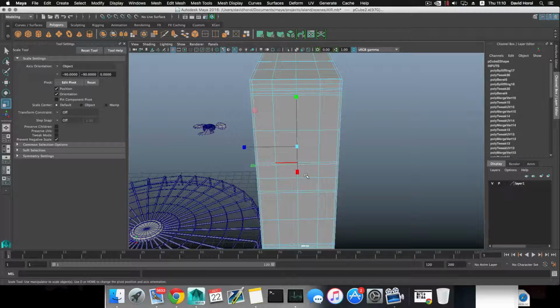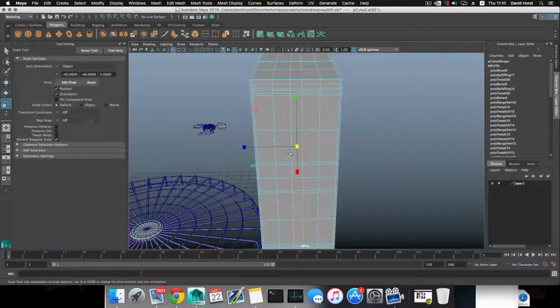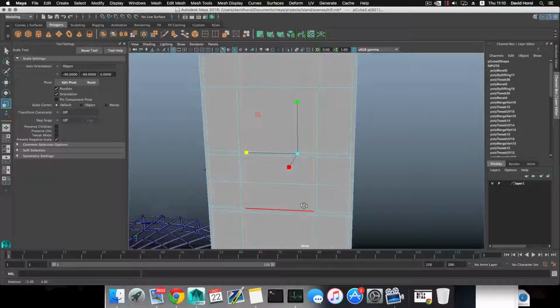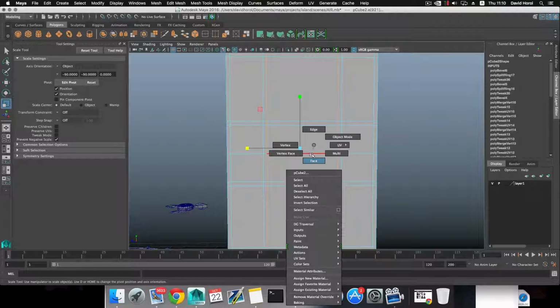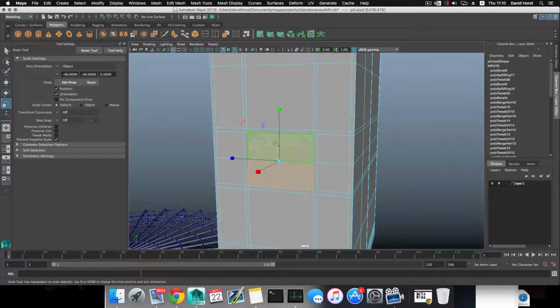Edge ring utilities to edge ring and split. Double click on this edge, shift right click, bevel edge. Double click on this one, double click on that one, and bring this over here. So we have a frame. See this frame? This is a nice frame. So we can grab now this and that,